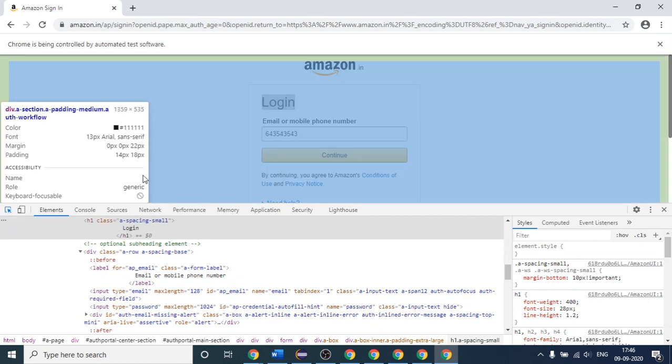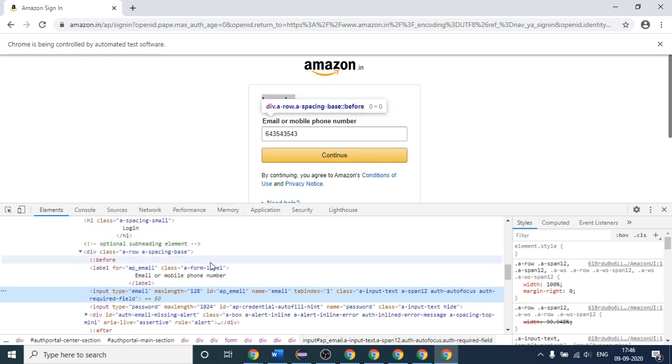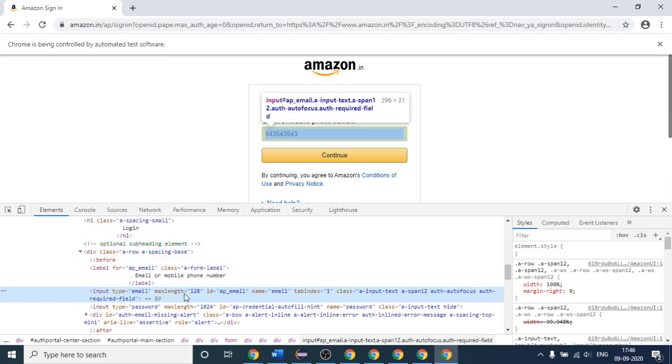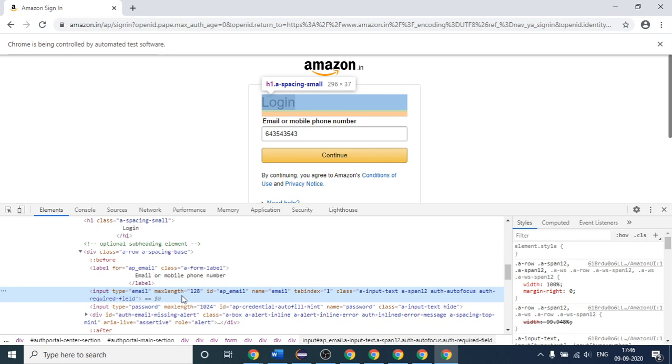But if you look at this text box, this is the number which we have written, but that number is not present here in the element. So if you use getText here, you will get an empty string, because that number is not present, so it returns just an empty string. So how can we get the text present inside the text box with another method?